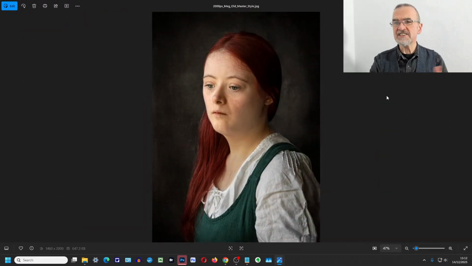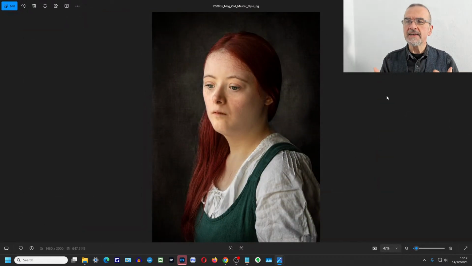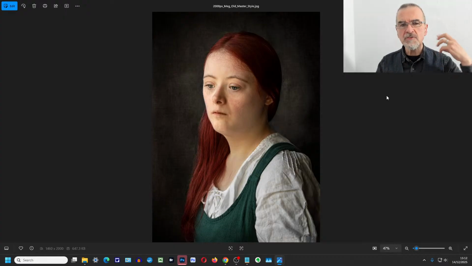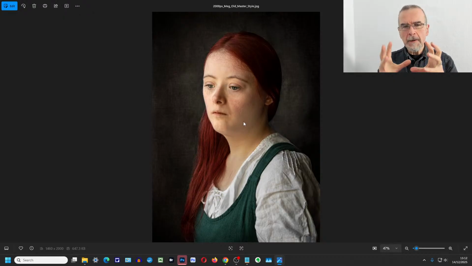I used this example here, and what we've done is you've got a particular kind of soft window lighting, where in this case the light's coming from the left, and you've got this sort of shadow coming around here, and there's a soft, gentle quality, because back in the days of the old masters, you didn't have electric lights, you didn't have hard light. Basically, you were dealing with window light or candle light.